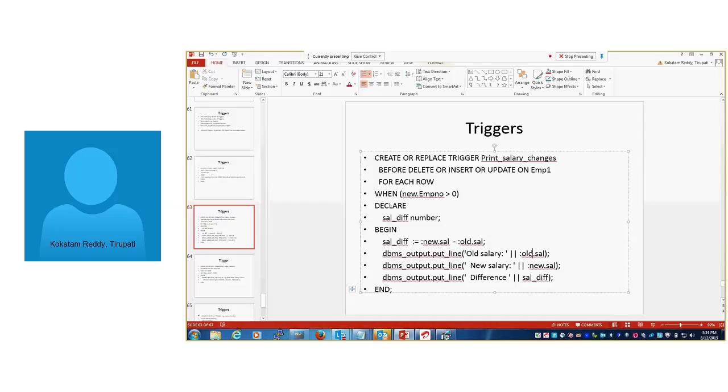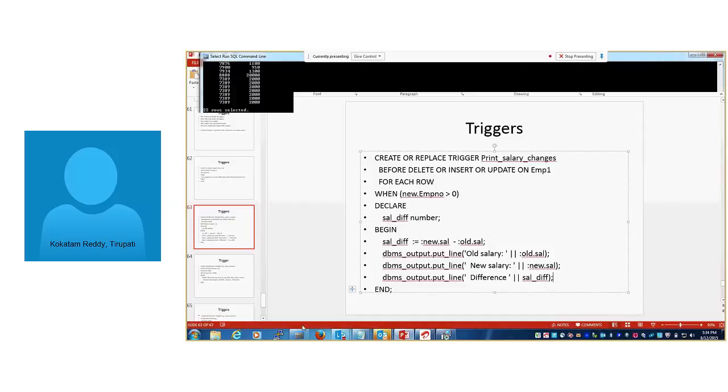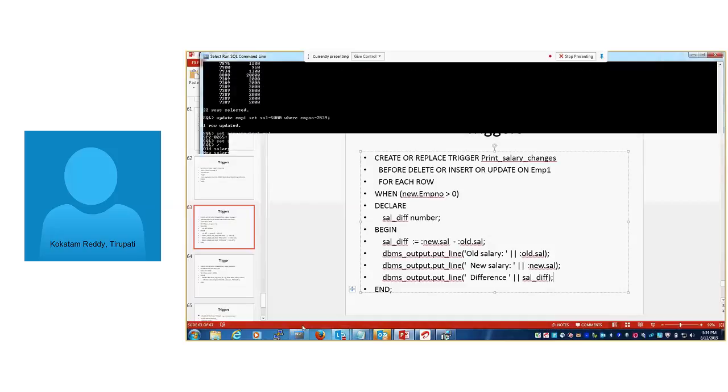This is one more example for trigger. When I try to update on the EMP1 table, we got the below result from the trigger.